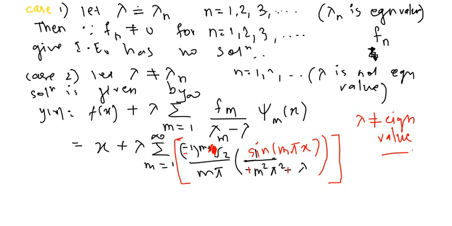But in some of the problems it may so happen that you are already given the value of lambda. Under that case you will just have to check what the eigenvalues are and then match it with the given value. If the given value is one of the eigenvalues, then you know what is to be done, and if the given value is not an eigenvalue, then also you have the formula to write the solution. Now this is one thing.